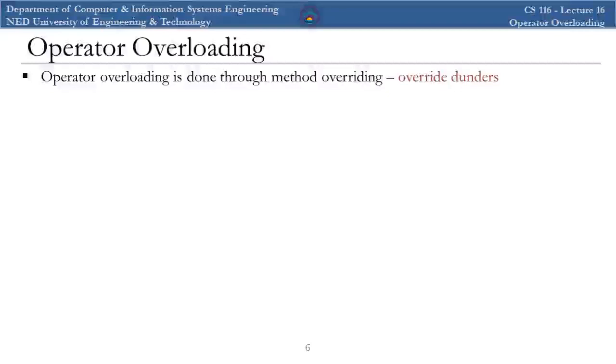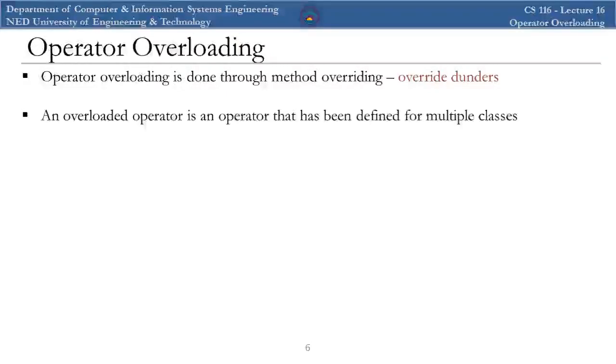Okay, this is what we had been talking about, that operator overloading is done through method overriding, or we just override dunders to implement an operator for our class. And what happens when we do this, your operator can act in a specific way like you want it to. For example,